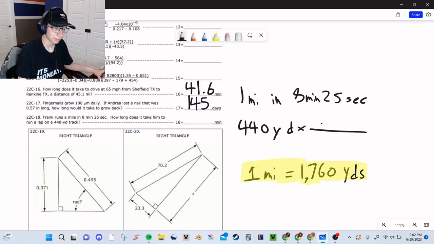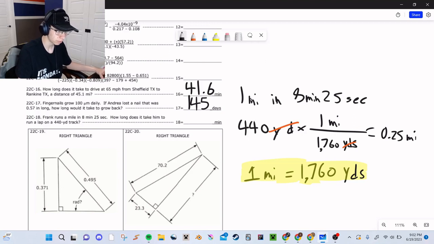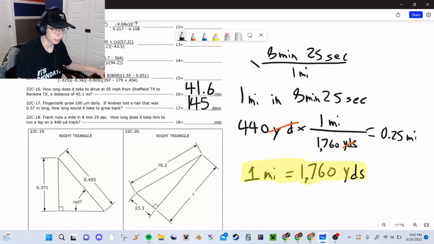So I'm going to multiply this by 1 mile per 1760 yards. Our units of yards cancel out. We're left with 440 yards is equal to 0.25 miles, so a quarter mile. So if it takes me 8 minutes and 25 seconds to run 1 mile, I can multiply this rate by our distance of a quarter mile